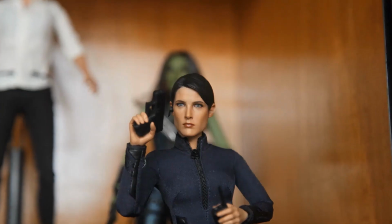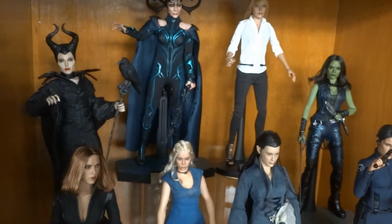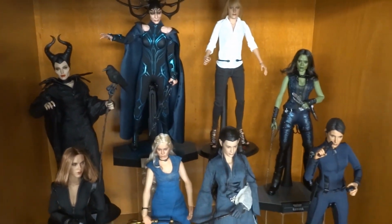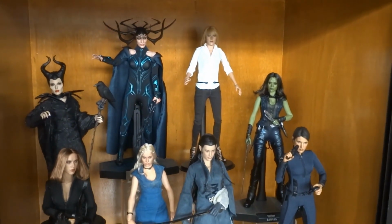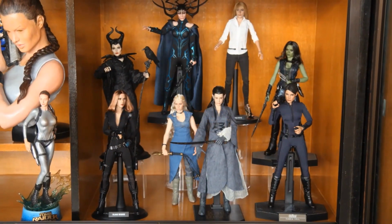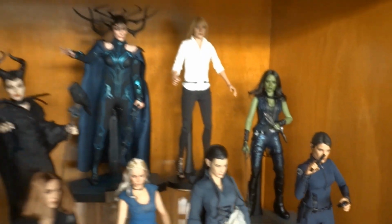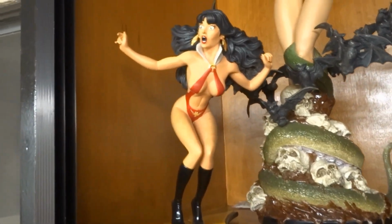And How I Met Your Mother is one of my favorite shows. That's why I got this one too. Okay, so there you have it. Shot of this cabinet. Okay, before we move on to